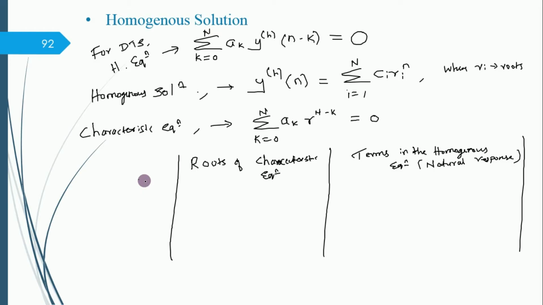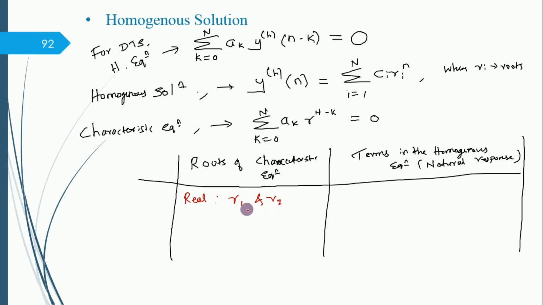Okay. So these are the two columns I'm using just for making our job simple for solving the problem. Here, if roots are real, the characteristic equation will be some quadratic kind of polynomial equation. We can find out the roots of it if they are real. Real means like R1 and R2 are the roots, thinking that it's order 2. In that case, the homogeneous solution looks like yh of t is equal to c1 e raised to r1t plus c2 e raised to r2t. This is how it looks.